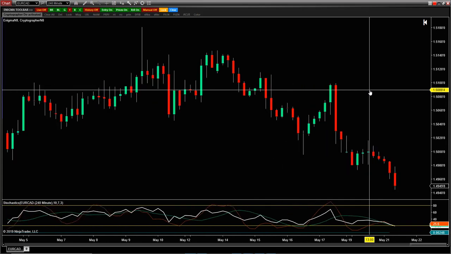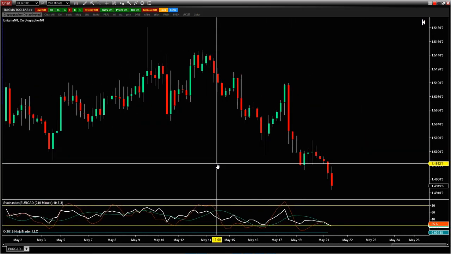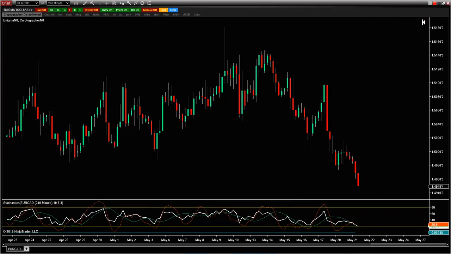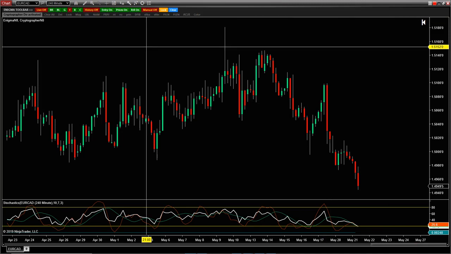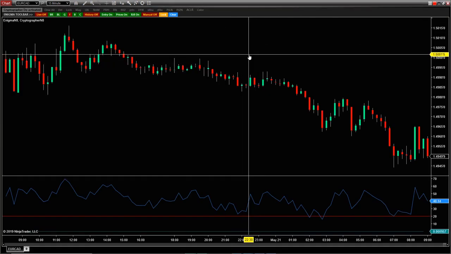So same concept as what we've been looking for before, looking for some type of pullback trade. We're not going to get too much on the 4 hour, but let's go down to the 60. And of course, we'll take a look at it on the lower time frames as well. But let's go down to the 60-minute on Euro Canada